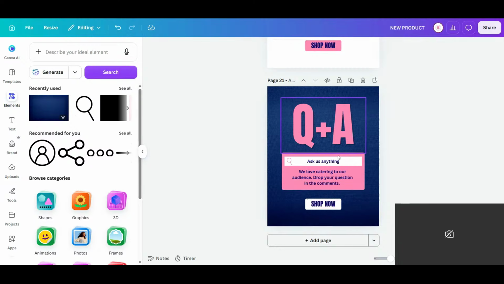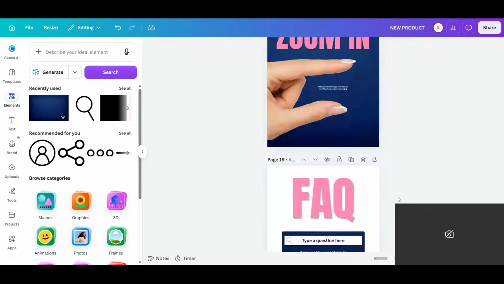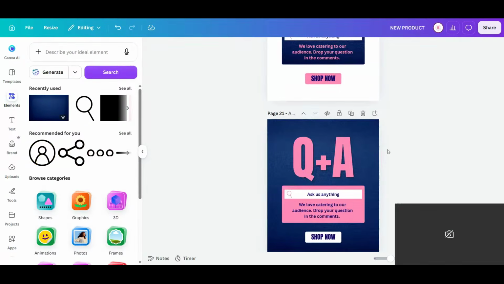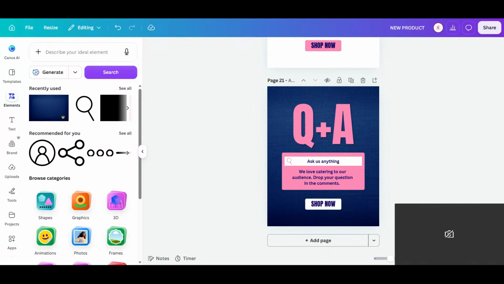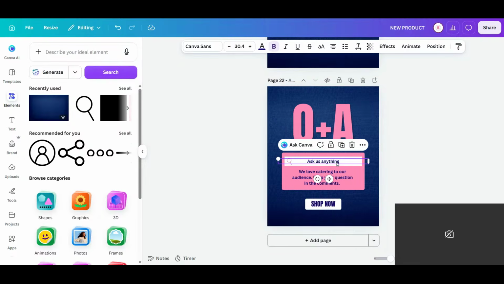So look, I switched it up just to give y'all the other option too, because I'm just in love with this blue. It looks so good. I could add this to my stories. Yes, you can add it to your stories. And the good thing with stories is that you already have this as the template, right? You can add it to your stories. You can do this. Let's duplicate. You can get rid of these